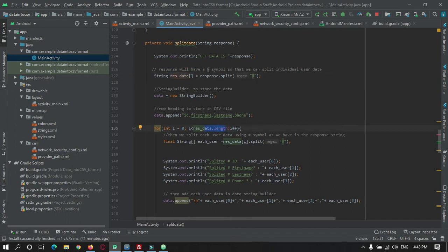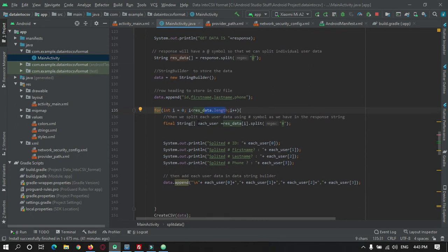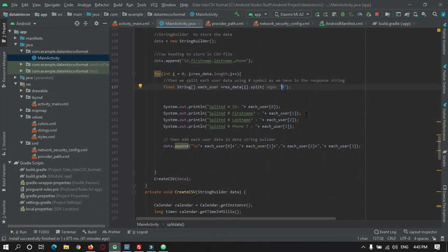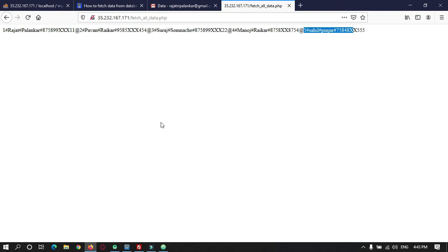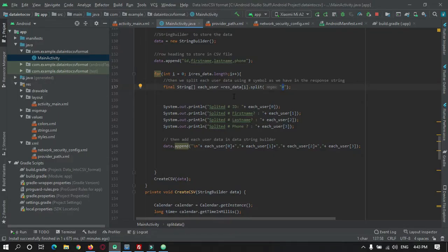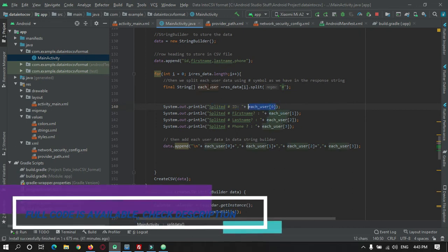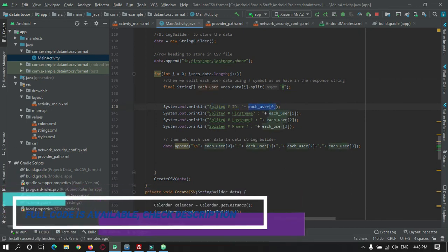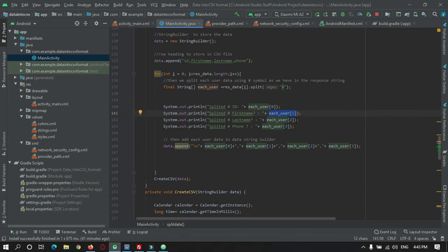After that we are fetching each individual user's data by splitting it by hashtag. As you can see, each user's data is being split using hashtag. ID will be at position 0, first name will be at position 2, and so on.